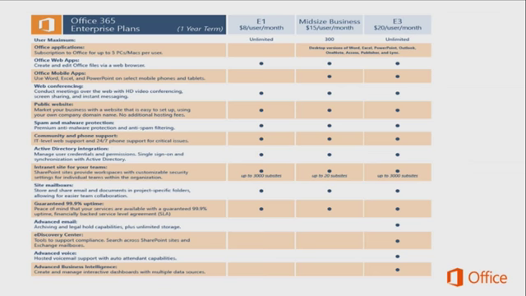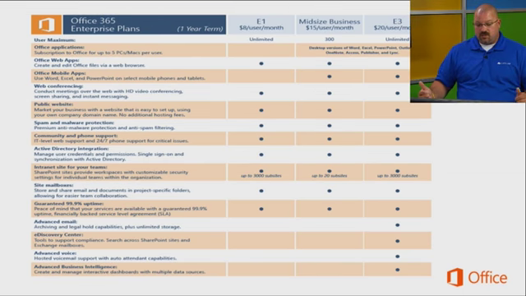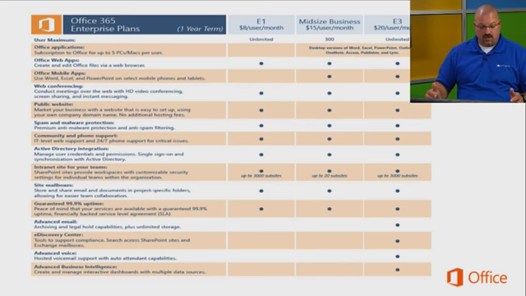Mid-sized business. This is a whole new plan this year. It comes in between small business and the enterprise. This is the mid-sized business plan, up to 300 users. It's very inexpensive. You get Office Professional Plus. You get all the features. You just don't get the advanced email, archiving, litigation hold, e-discovery.